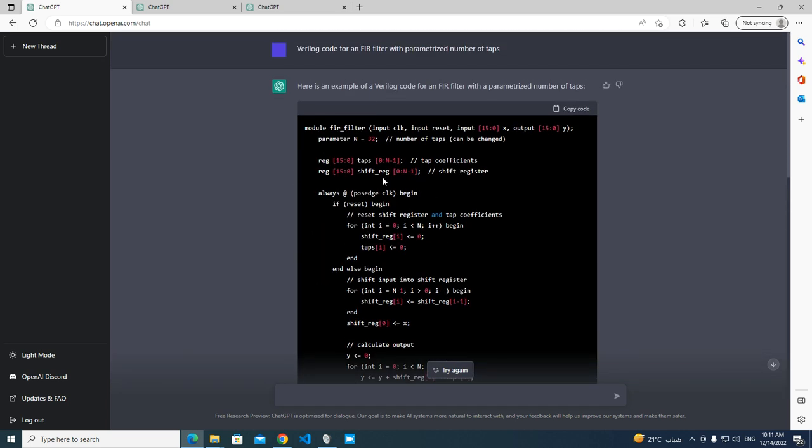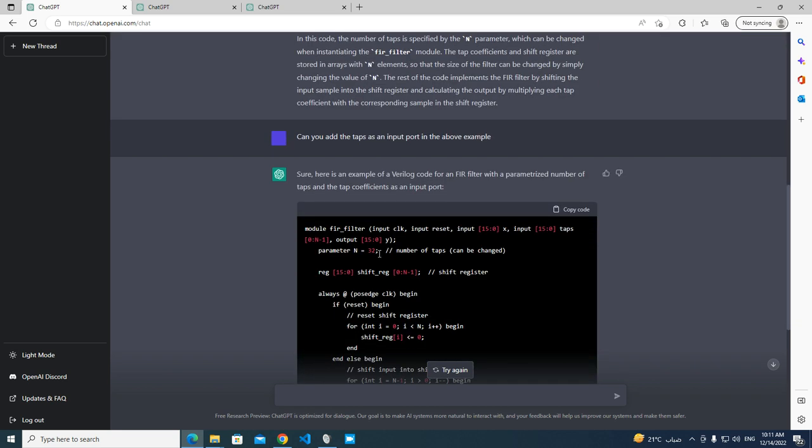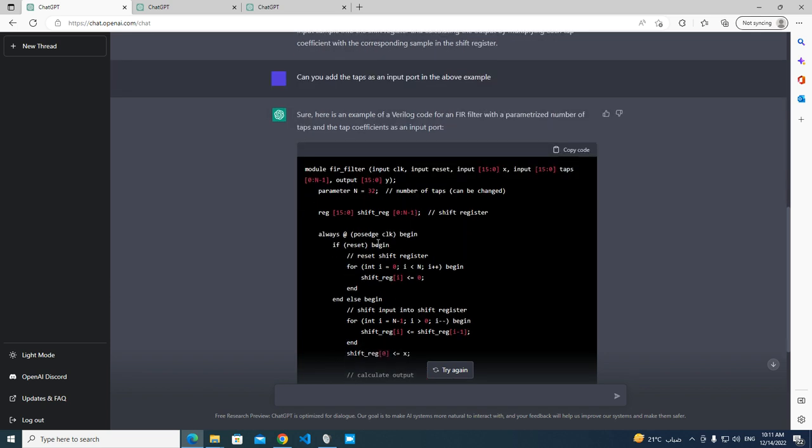In this design, the taps are built inside the module, and I needed them to be an input port. You can see from here, it added it as an input port, but I think this won't compile, because the parameter is defined here and the input port is defined here. So this is not correct. The parameter should be defined here using a hash and then define the parameters here.